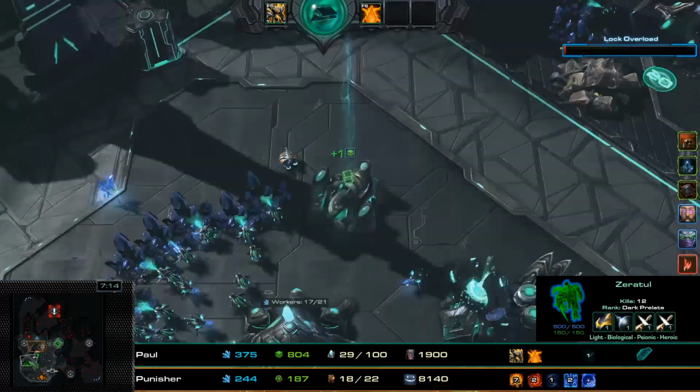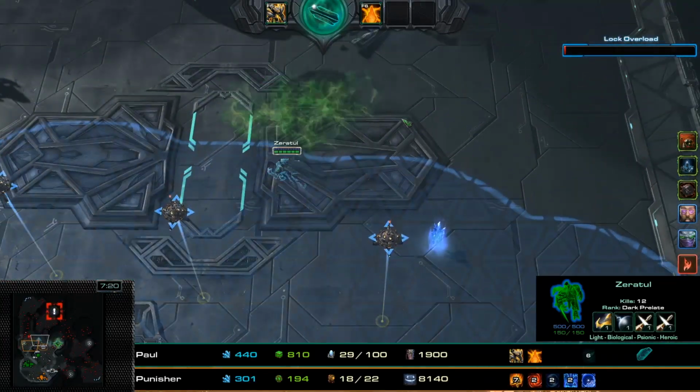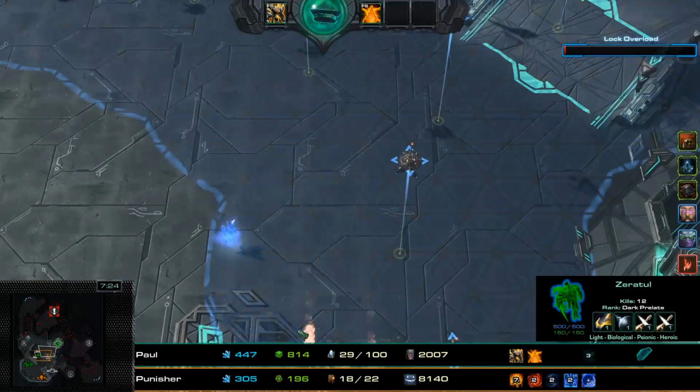I don't think there's anything in players' production. Yeah, they are not going to be producing anything here. They are going for the Hero Solo build. Hero Solo with Zeratul and Stetmann. Stetmann Super Gary is